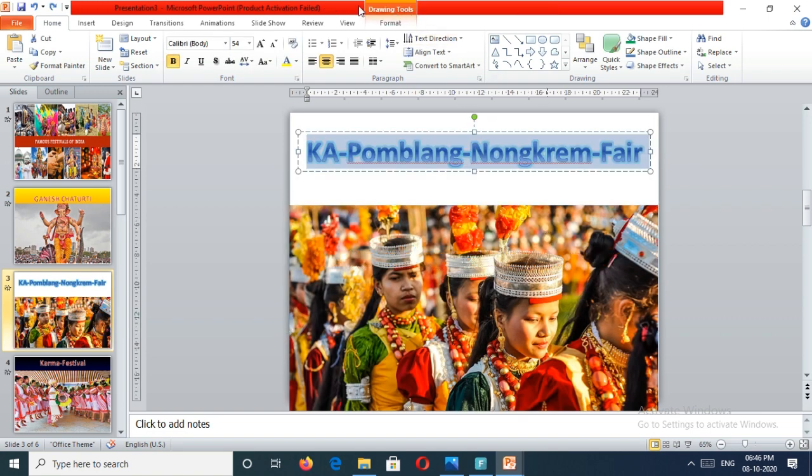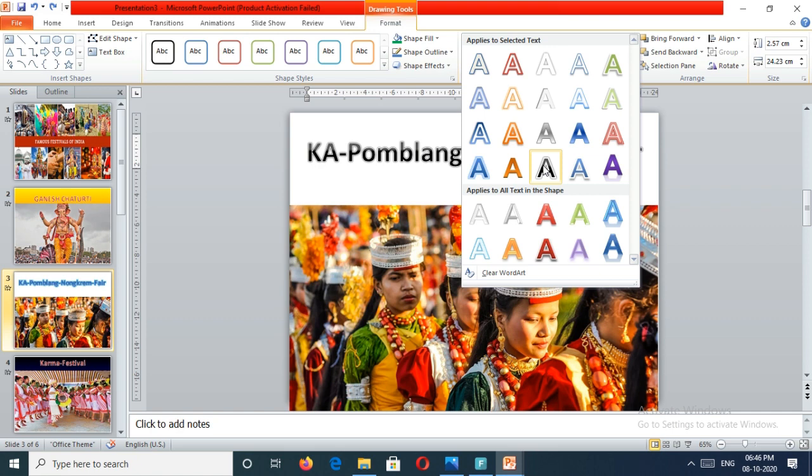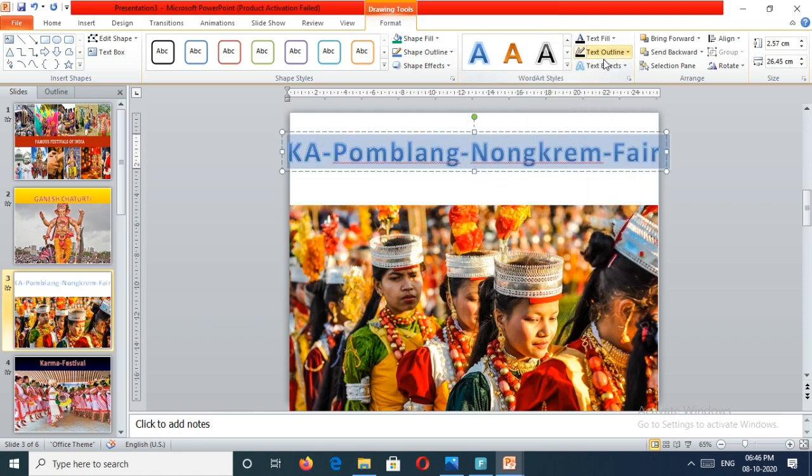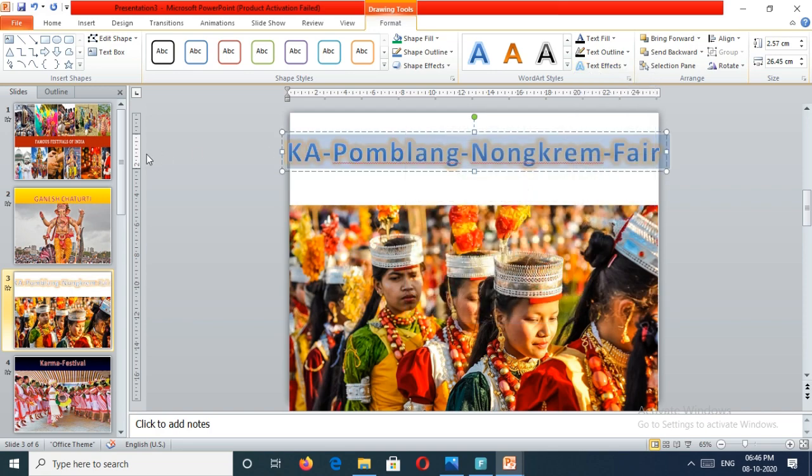We select drawing tools and you can change the style like this way. And if you want to give effects, you may give like this. Understood all of you? Okay.